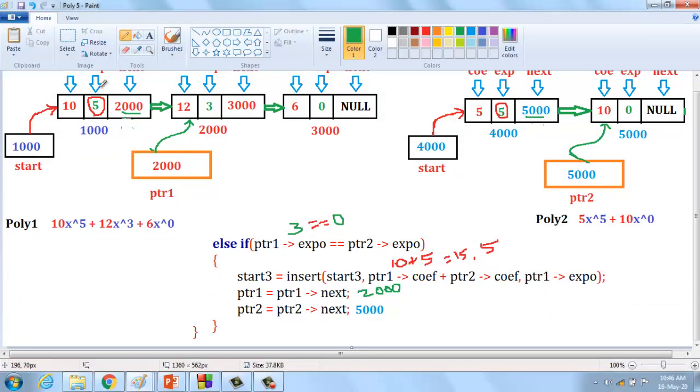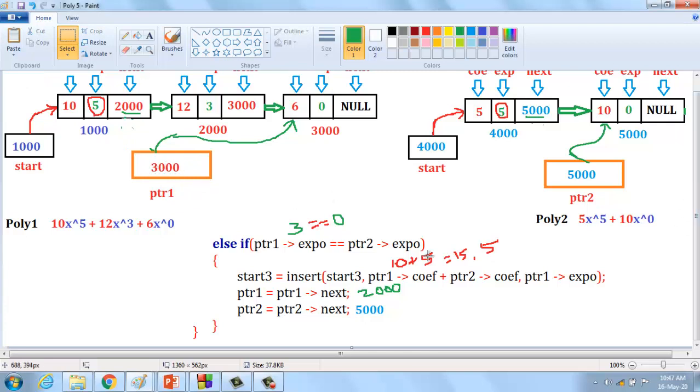Here, this pointer ptr1 is pointing to the third node in the list. This is the third node in the list.